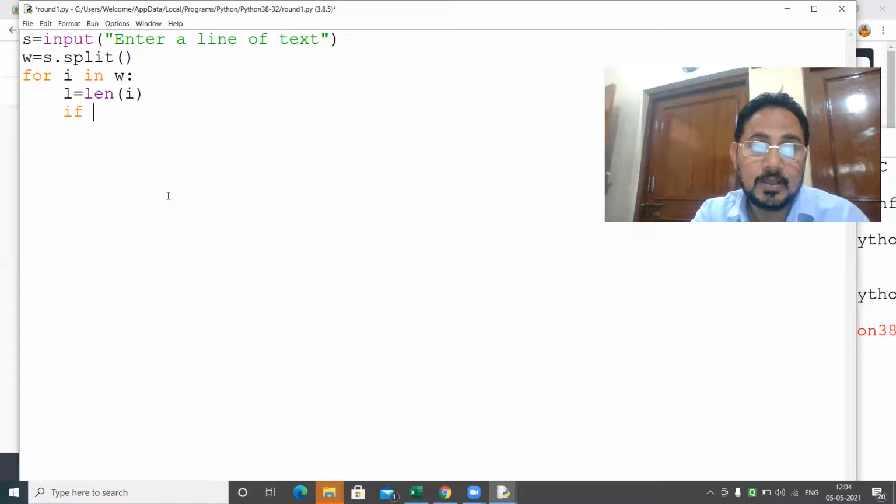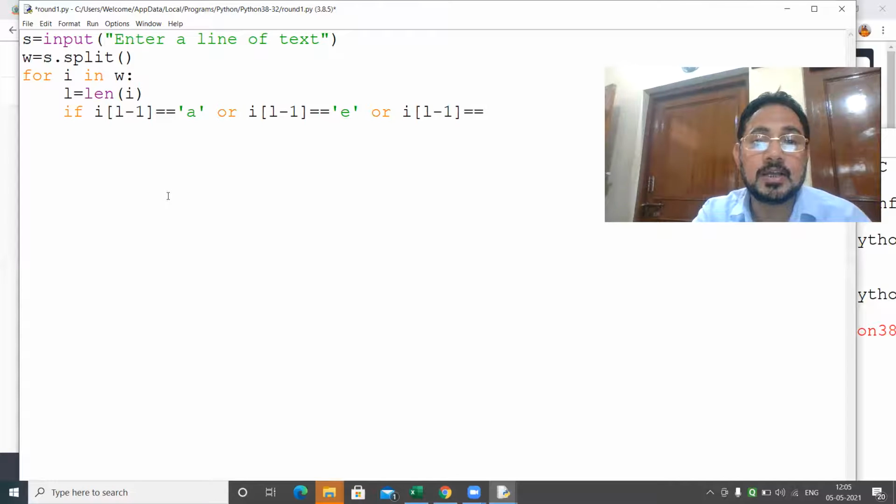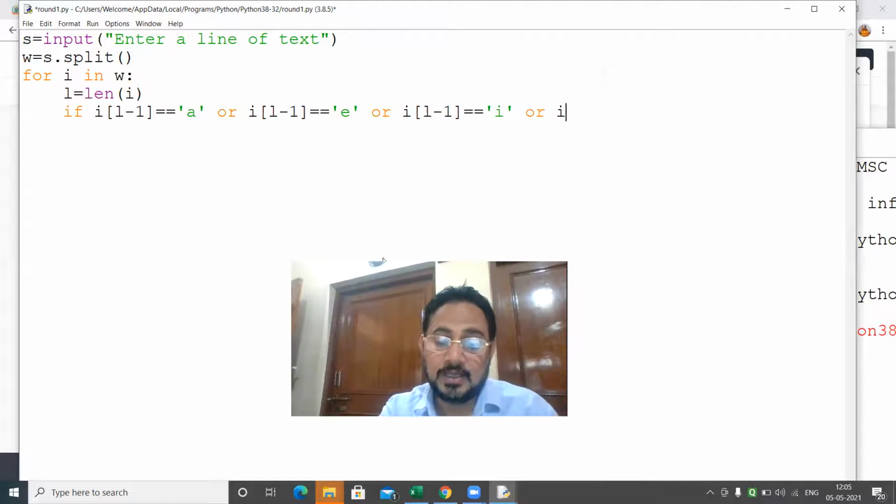If I at L minus 1 equals A, or I at L minus 1 equals E, or I at L minus 1 equals I, or I at L minus 1 equals O, or I at L minus 1 equals U, then C is equal to C plus 1.